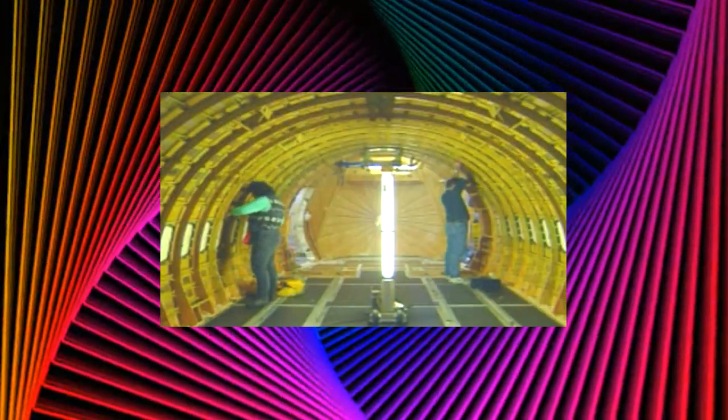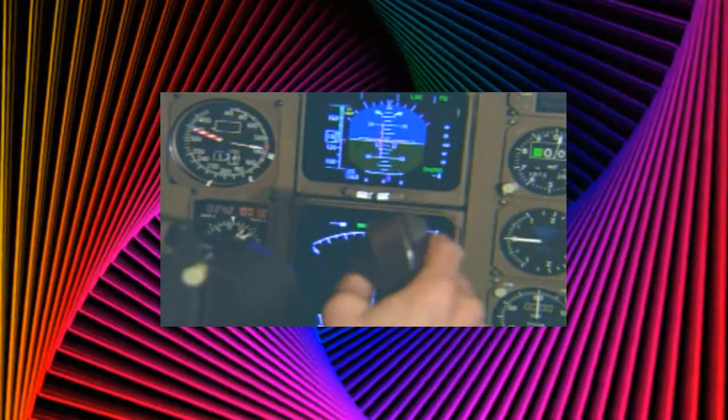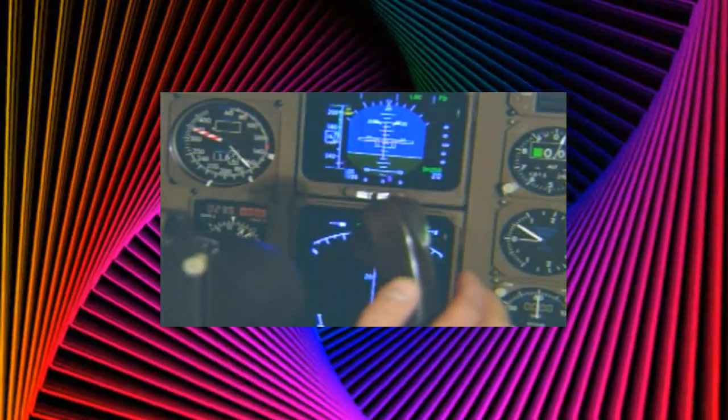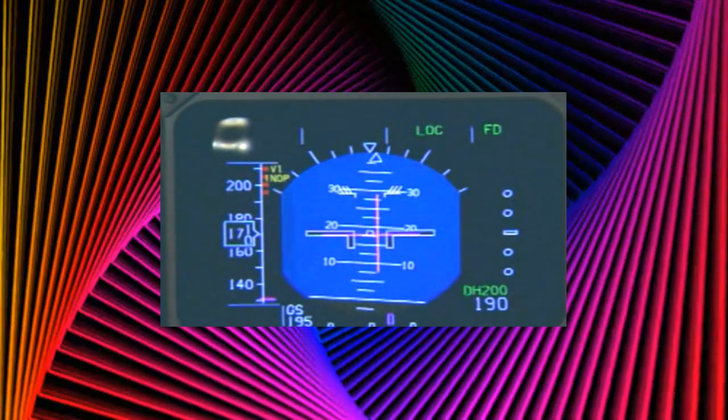We can make each part just exactly as heavy as it needs to be. That way we can make planes that fly farther and faster and use less fuel. The better the measure, the better the plane. Okay, once we're flying, we use these gauges and instruments to keep track of things we need to know, like how fast we're going, how high we are, how much fuel we have left. That way we can measure things and land and fly planes safely every time.